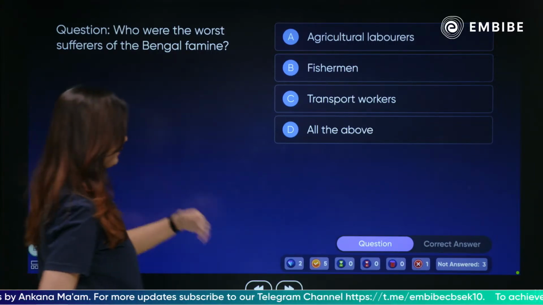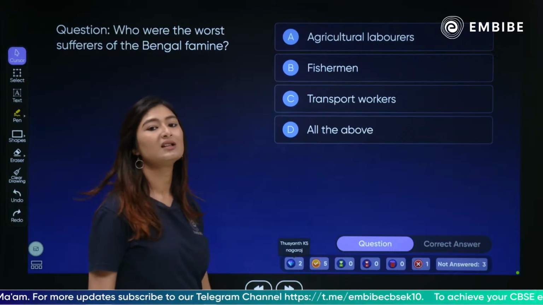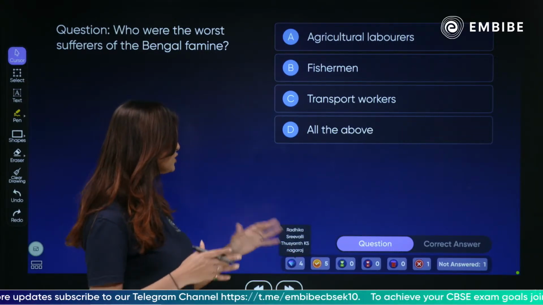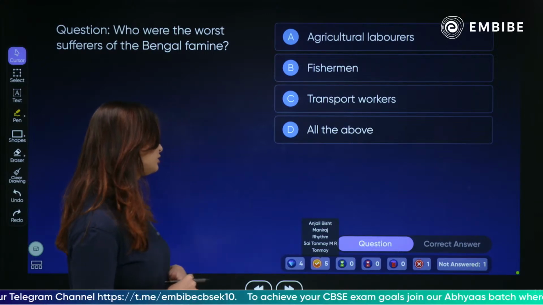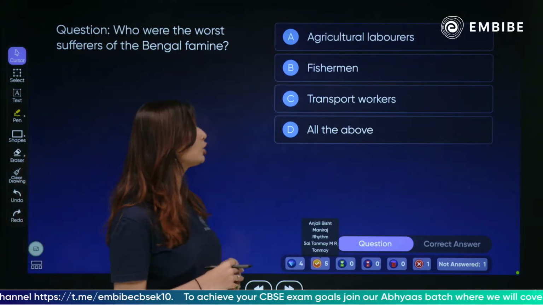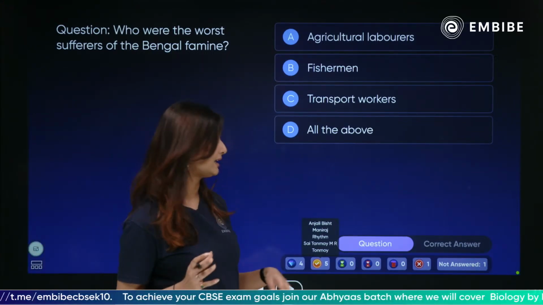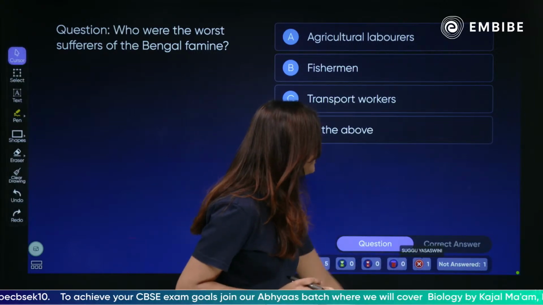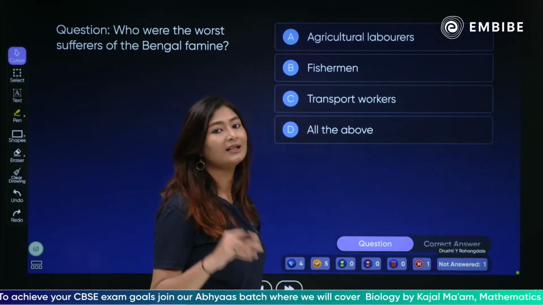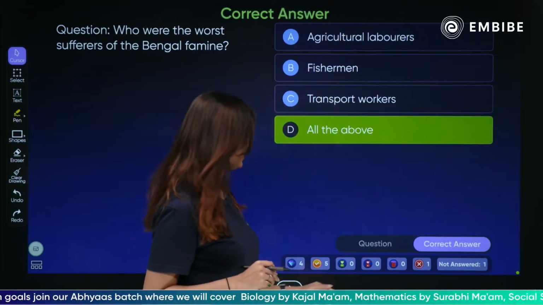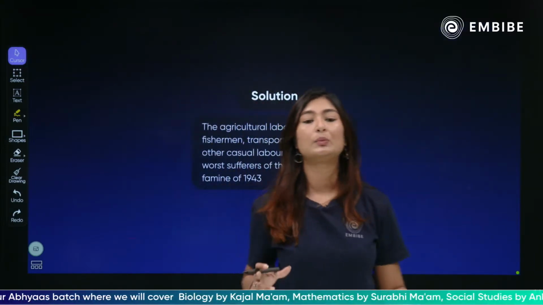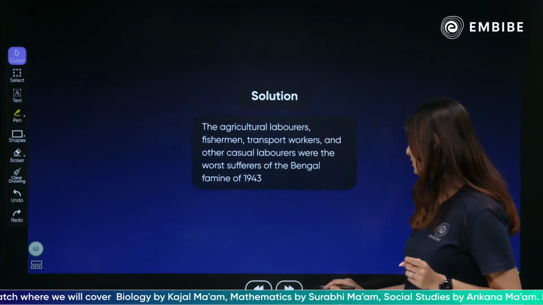Okay, and I see we have already got the answers. Tushant Nagaraj, absolutely correct. Perfect timing. Shrivalli Radhika, amazing, you guys. Anjali, Maniraj, Rhythm, Sai, Tanmay, MR, and Tonmoy have also answered correctly, and that too very fast. Yashashwini has taken an attempt. Yashashwini, I think you just clicked one. Drushti, bache, all of these are correct. All of them were from the vulnerable section and got hit by this, right?